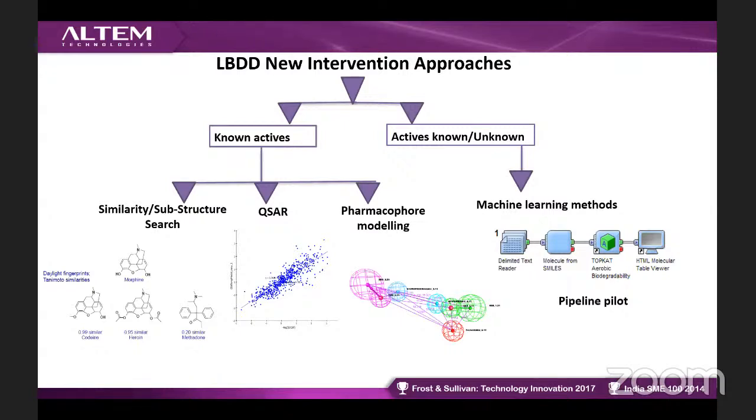So now, going to the new intervention approaches you can take up in ligand-based drug design. These are all the different approaches that you can do if you have your known actives. What are known actives? These are nothing but the ligands. Active in the sense of biological activity. If you know your biological activity or don't know it, don't worry about it, because in ligand-based drug